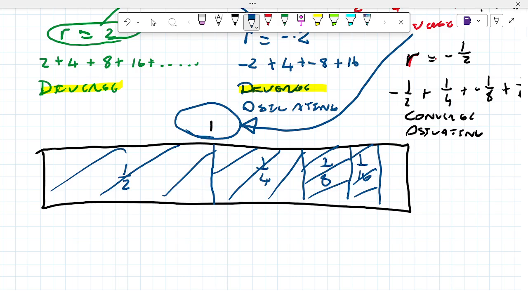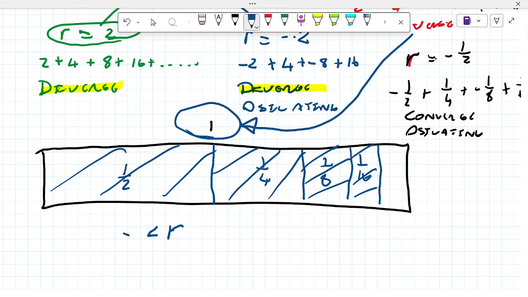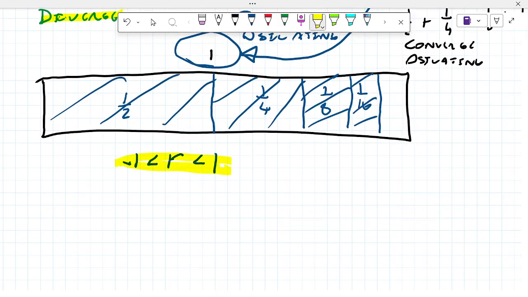All right? And we can calculate the sum to infinity when this r is greater than minus 1, but smaller than 1. Now, if we look, this is the if. We can only do this in this case, if. Now, let's look at the formula.